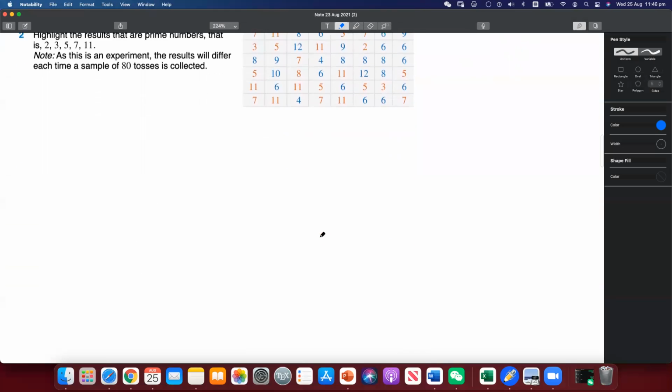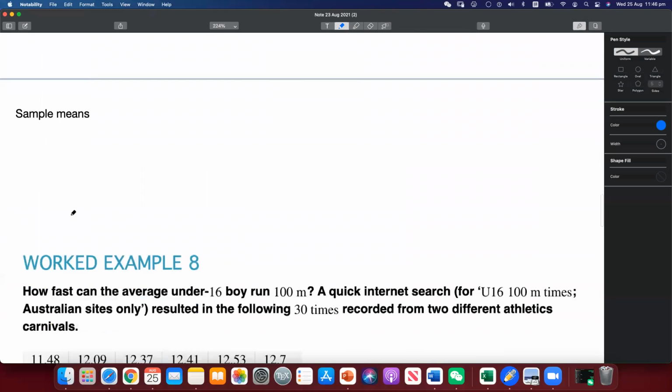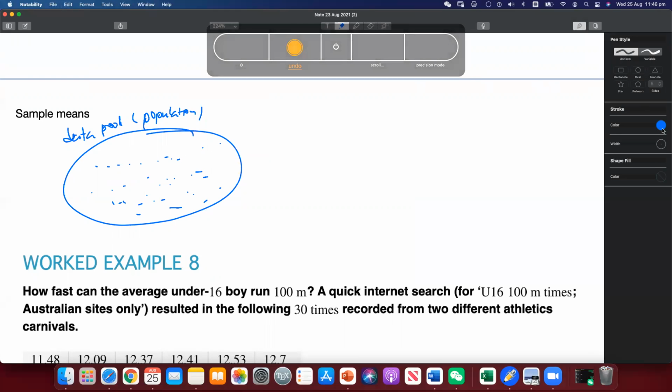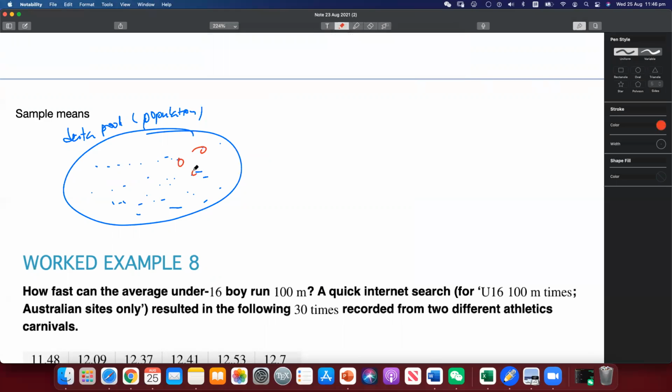Okay. All right. Next section is sample means. So very similar to what we've done before. You have your data pool. So that's your population. Okay, population. All right. The only difference between this one and the previous one is when you have picked your sample. Okay, let's pick not four people. Let's say these are still the height of year 11 students, and you're gonna have 4 numbers: